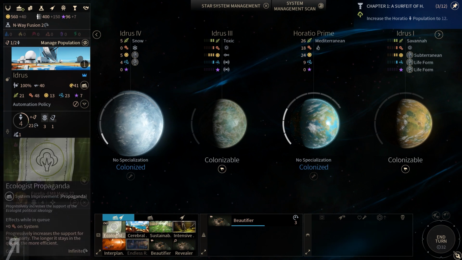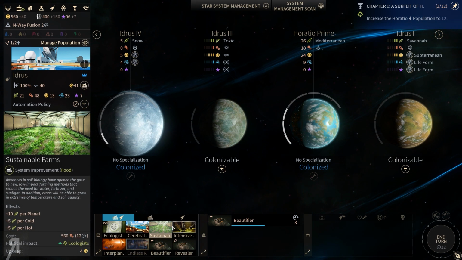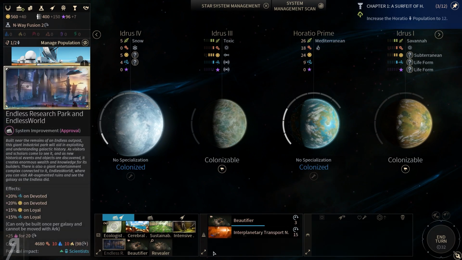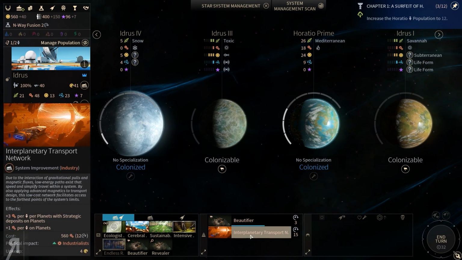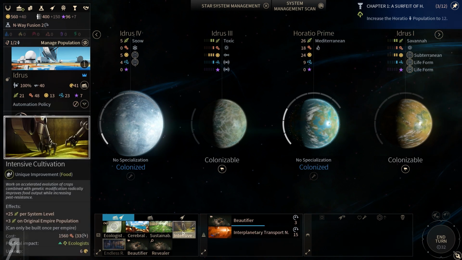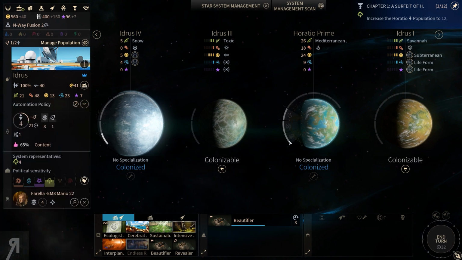And after this beautifier is done, what do we want to do? I suppose we could do something like... let's have a look here. That would be really nice, but that's going to take, what, 12 turns? That might actually be pretty decent. I mean... it is going to improve the industrialists' political impact quite a bit, but I feel like that might make a difference. It's going to take 12 turns. Sustainable farms might actually be really good. Okay, let's actually just...